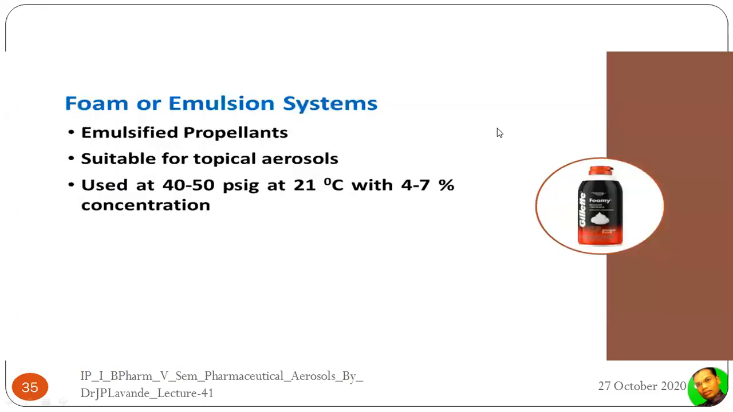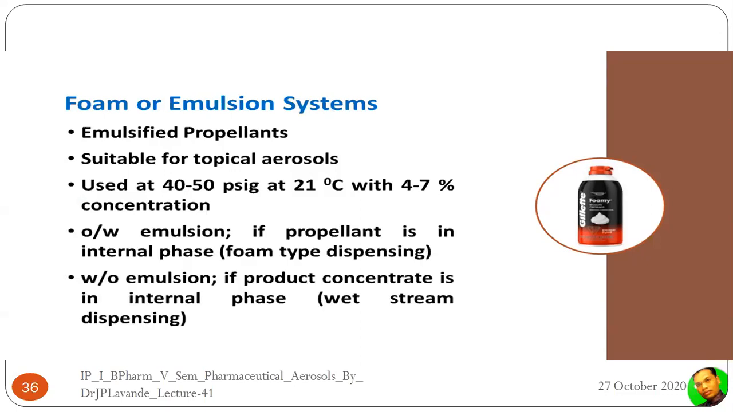As far as the foam or emulsion systems are concerned, here the emulsified propellants are used, and these are suitable for the topical aerosols. These are generally used at 40 to 50 psig at 21 degrees Celsius with 4 to 7% concentration. Generally, the shaving sprays, that is the Gillette foams, are an example of this foam or emulsion type